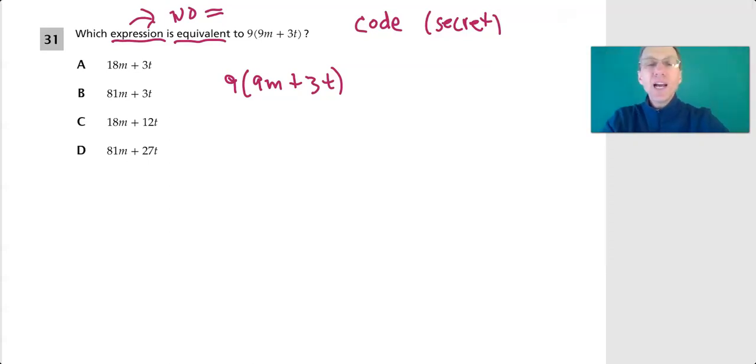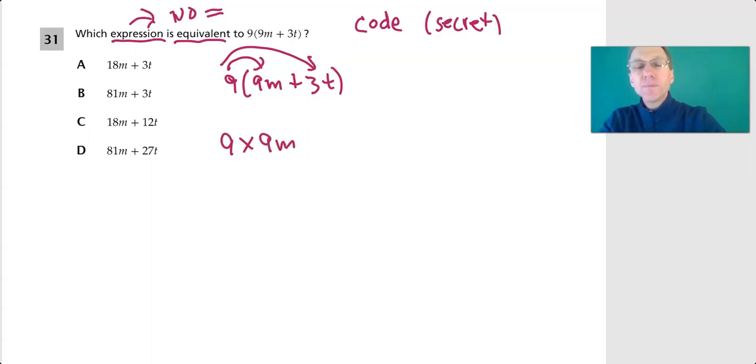So what this means is 9 times everything that's in here. So that means I want 9 copies of this, and I've got to make 9 copies of that. That's all it means. So let's do it. 9 copies of 9m plus, because I've got to multiply it by everything in here, 9 copies, and that's what multiplication means, literally just making copies, 9 copies of 3t. Okay? That's all that means. So this means 9 copies of 9m. In other words, it means 9m,